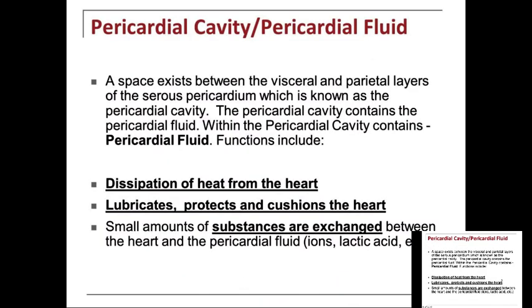So now in that cavity, the pericardial cavity where you have that fluid, the fluid is really important because it's going to dissipate heat from the heart, because that thing is pumping pretty aggressively. Any muscle that's contracting is going to generate heat, right? Think of skeletal muscle. When your muscles are contracting aggressively, you get hot, you overheat. It's going to lubricate, protect and cushion the heart, and it's also involved in substance exchange, ions and lactic